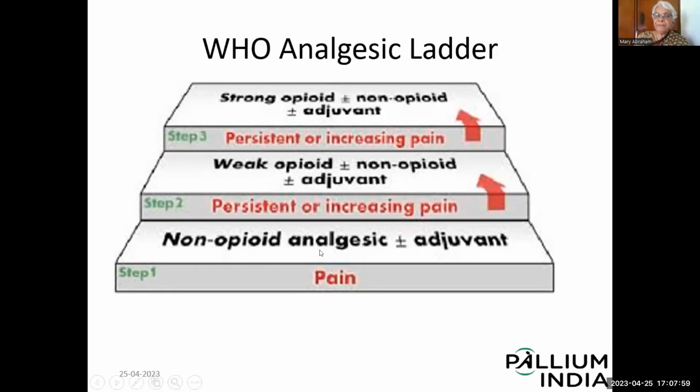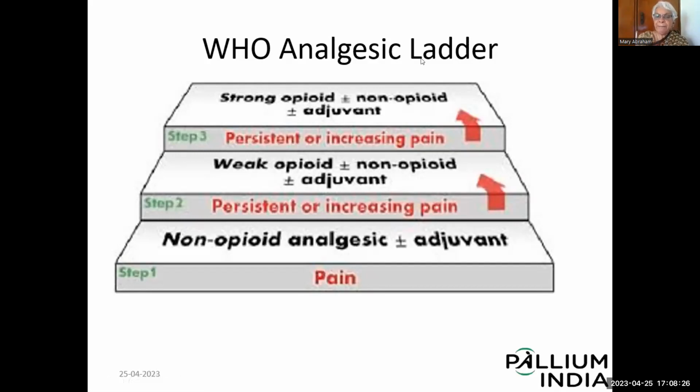Sometimes the pain is very severe, and you can straight away move to step 3. If the pain is around 8 or 9, or unbearable, and the patient is crying with pain, you don't necessarily have to go up the ladder. That is a way of doing it, which will be dealt with when we discuss step 3. That is the titration of the opioids before you give the actual dose of opioids.